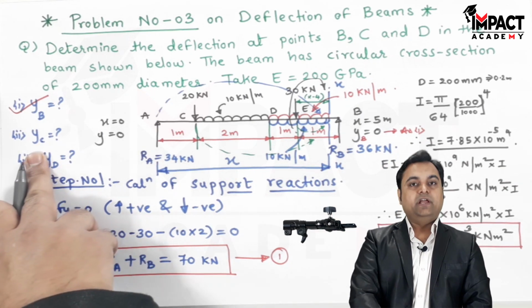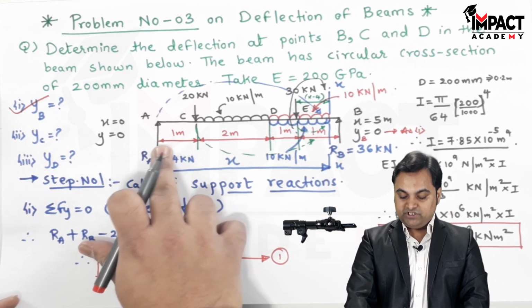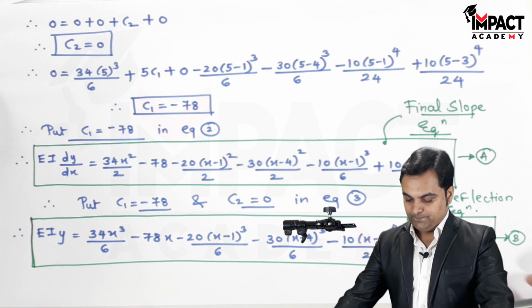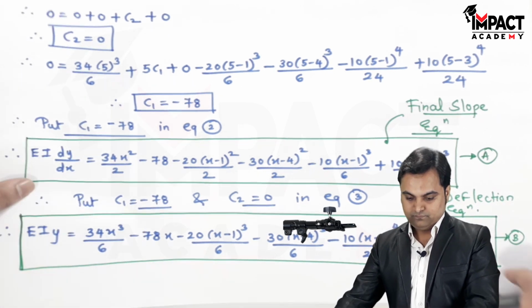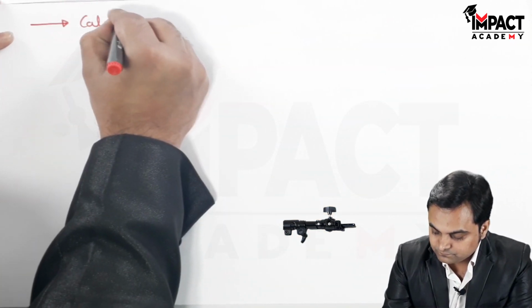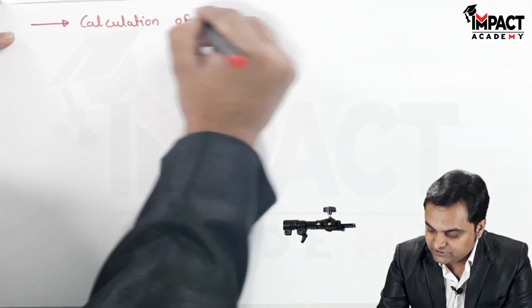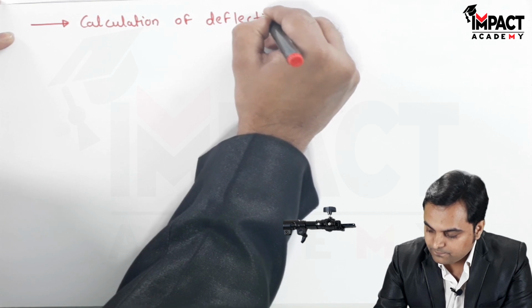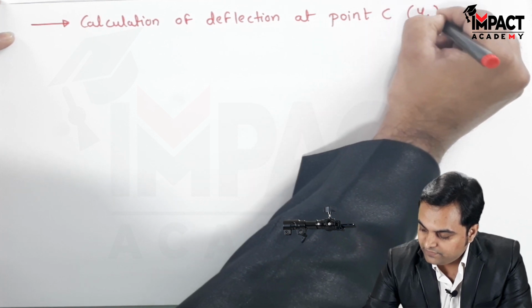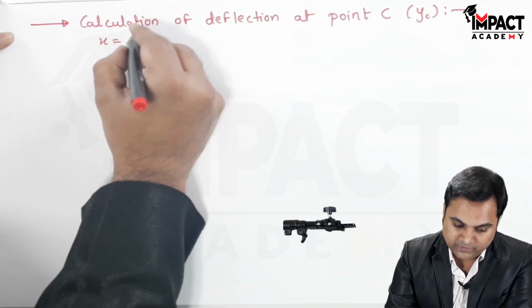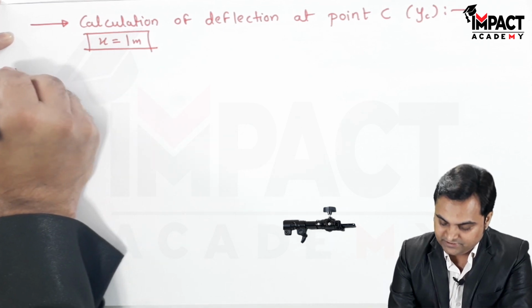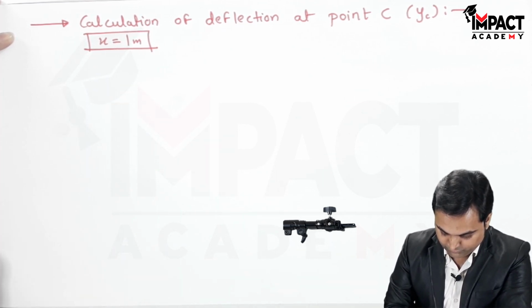First answer. Next, we have to calculate the deflection at point C, which is at 1 meter distance. So x would be 1 meter. So here I mention that it is the calculation of deflection at point C, that is y suffix c. For that, the x value is 1 meter. So putting it into equation B, that is the deflection equation,